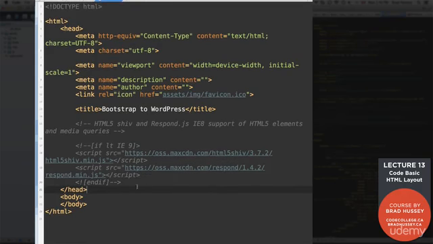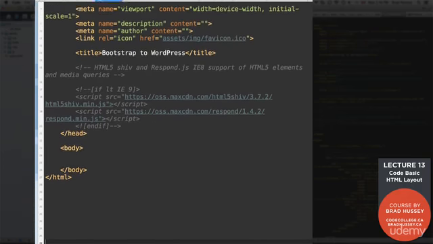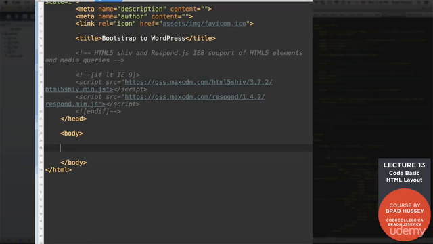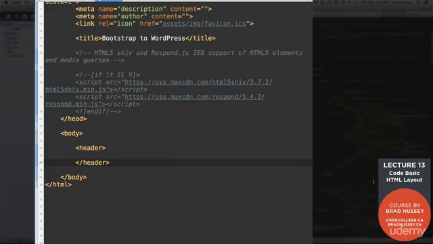All right, moving on. Down here in our body, this is where we're going to add a few more things. Just some basic web page layout things. All right, so we're going to add an HTML5 header. And we're not going to add all the content right now. We're just going to add the markup so that we can add the content and the rest of the markup a little bit later in the upcoming lectures. So we have the header. Let's go ahead and after that, give some space, and we're going to add a section tag, and that will